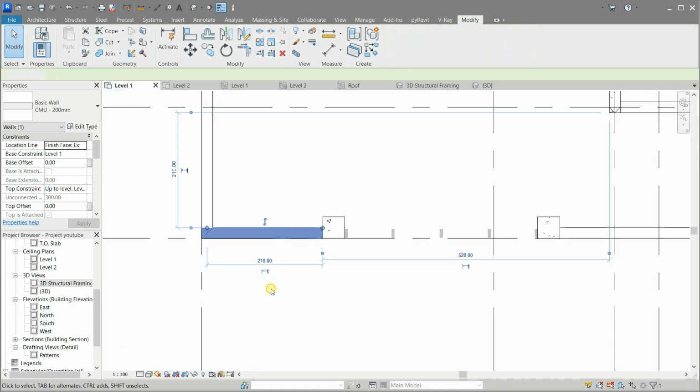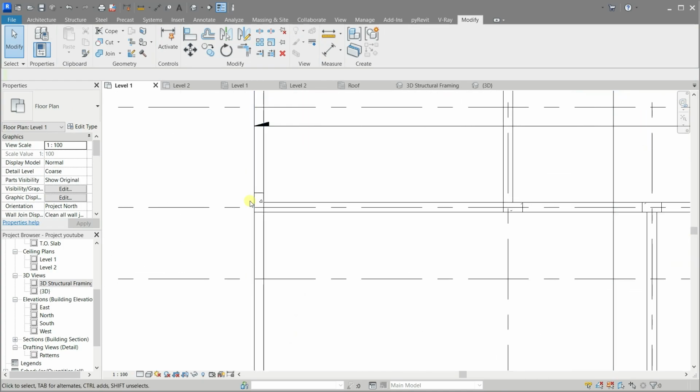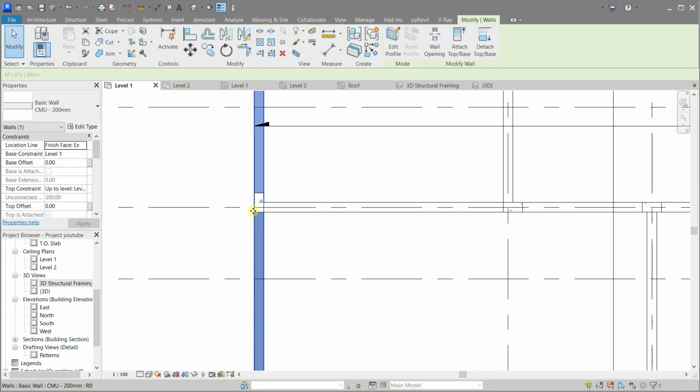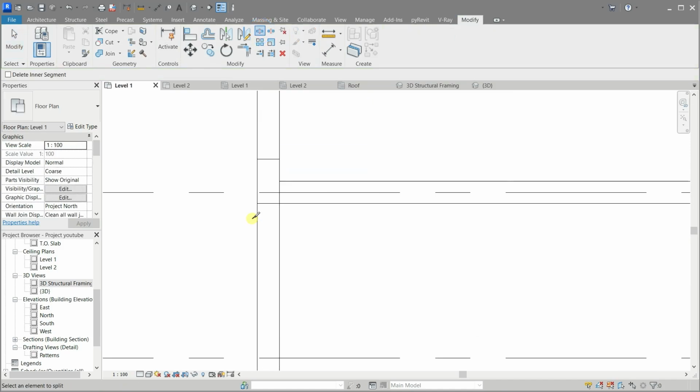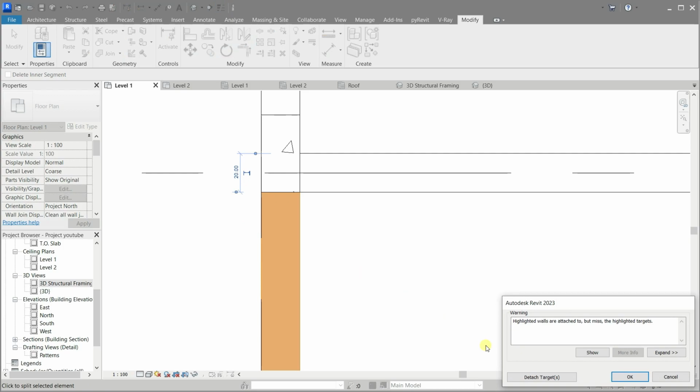Now apply this idea to the intersection corner of the house walls with the fence. First, split the wall into two parts, then drag each part to its proper location on the side of the column. Unjoin elements when prompted.